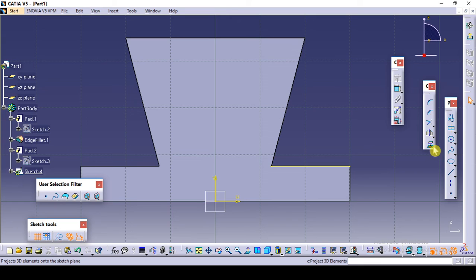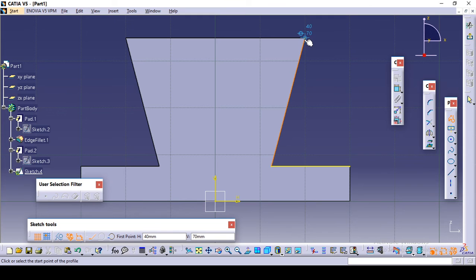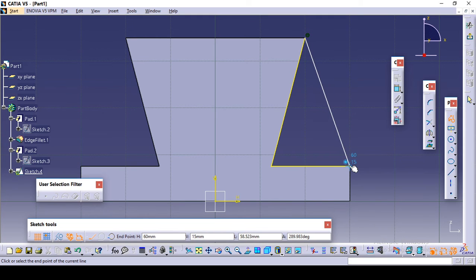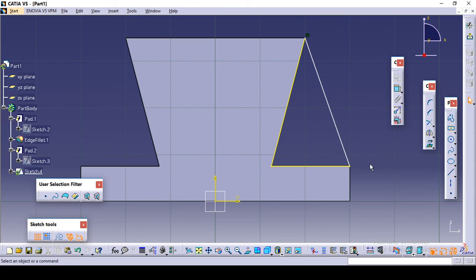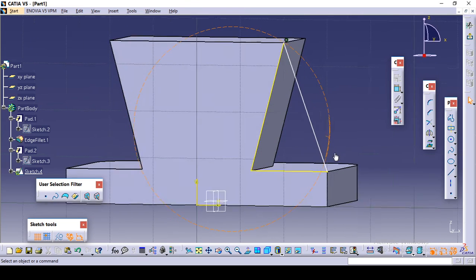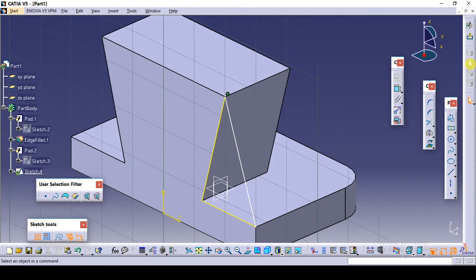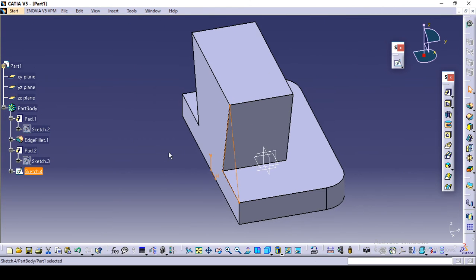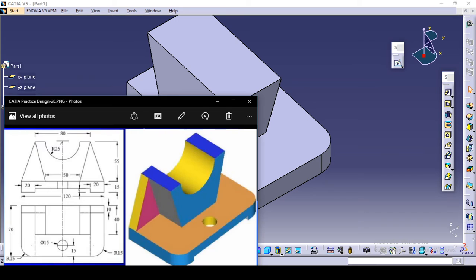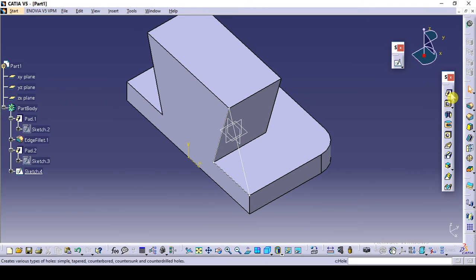Again click on project 3D element and click on this line, and click on this profile command, and close this point and this point. Okay, so like that, exit workbench. And what is the thickness of that rib? It is of 10. Click on this pad,